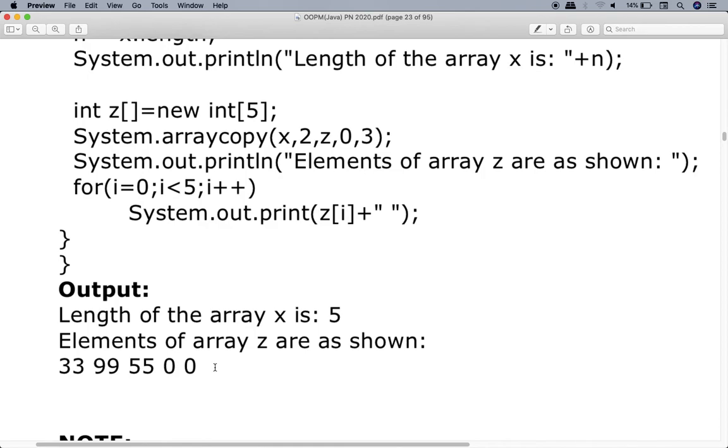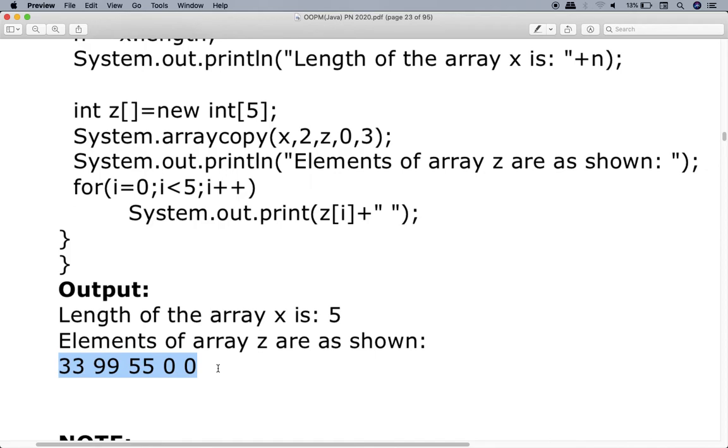Let me see how attentive you are. Let's say I remove this statement totally. I don't write this statement, but the remaining statements are as it is. That means this SOP is there, for loop is there, everything is there. But this System.arraycopy is not there. So tell me, will the compiler report an error? No. So now what will be the output over here? It will be 0, 0, 0, 0, 0, 5 zeros.